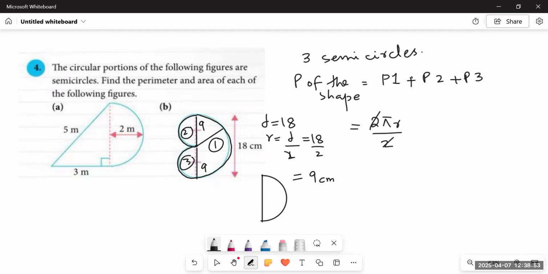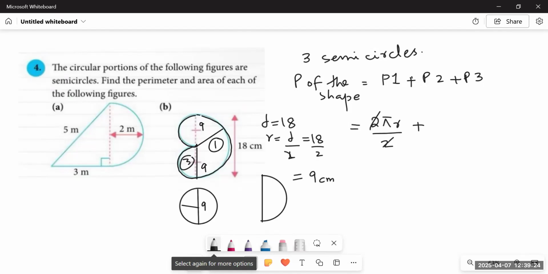And the same we have to do with the other two circles. But what is happening if we talk about this semicircle? It's again a very small circle, you see? And the diameter of this circle would be 9. We have already found that this part is 9 and the other half is also 9. So the diameter of this circle would be 9, so the radius of this circle would be 4.5, further half of it.